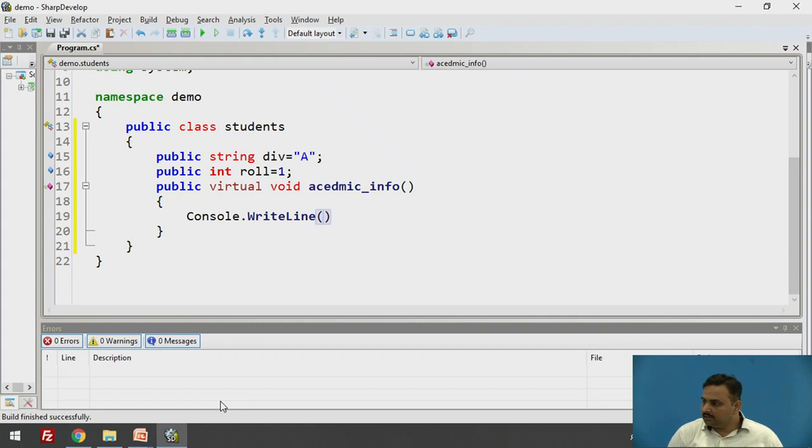I write a message indicating it is printed from the base class, and then display the division, and after that the roll number of the particular student.